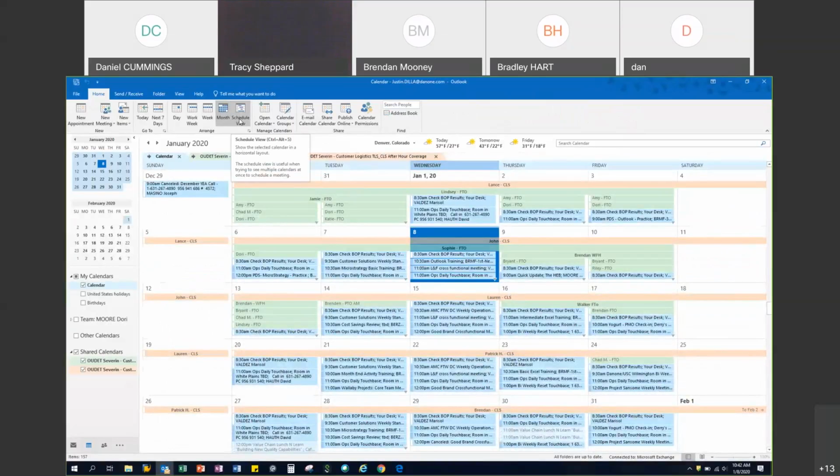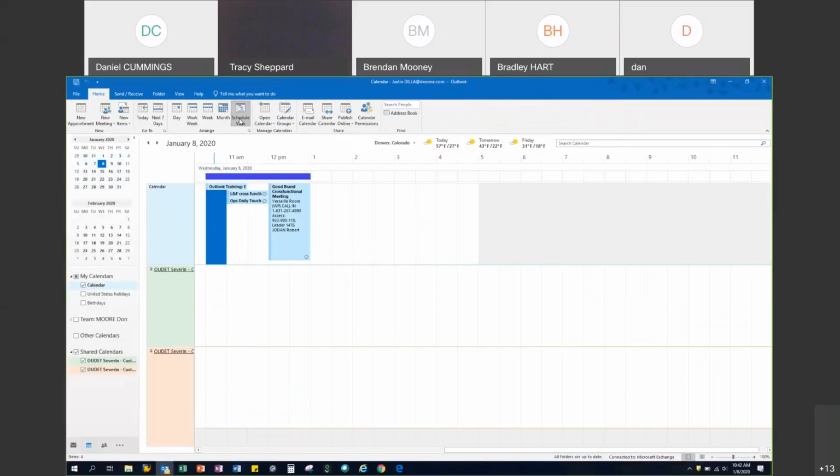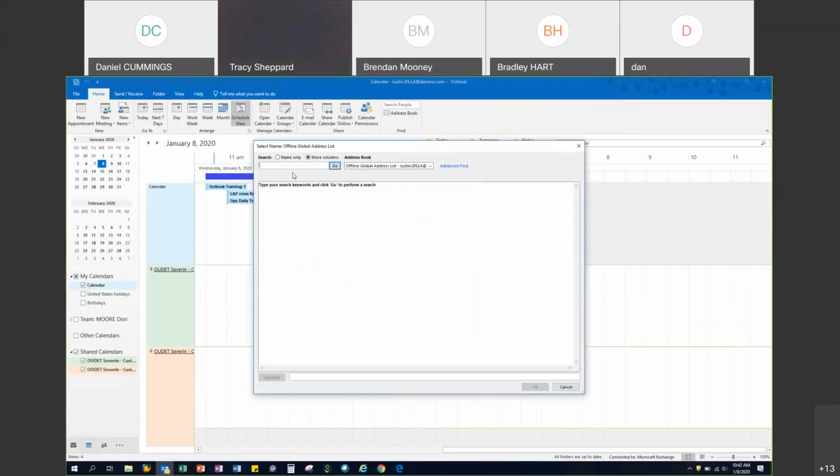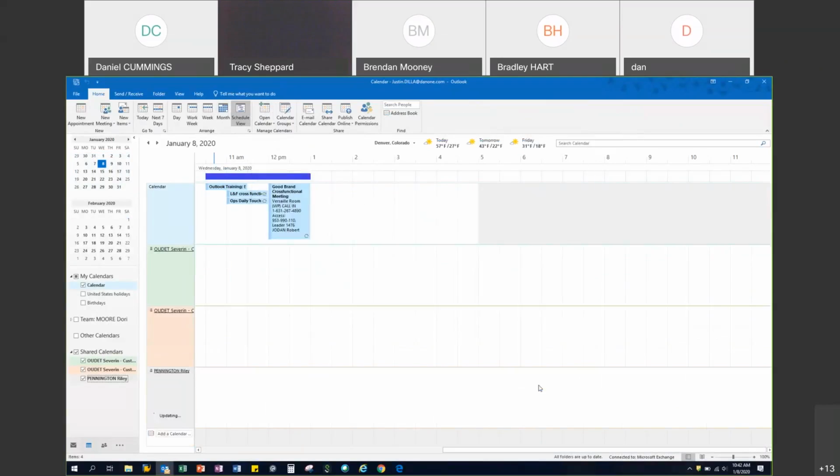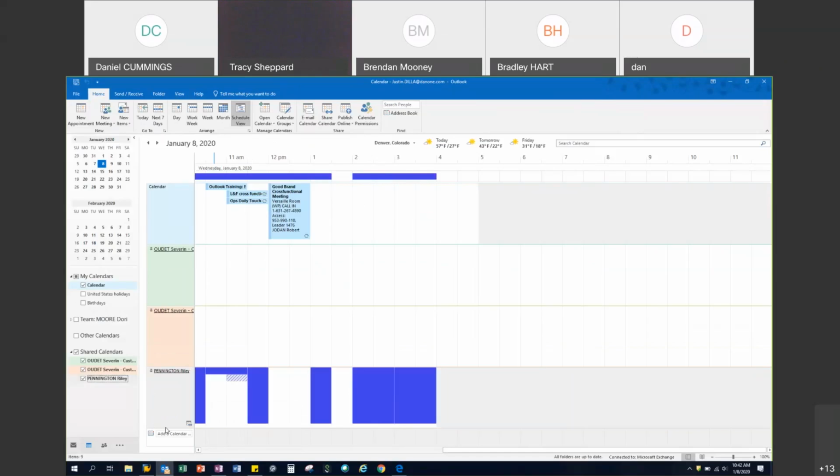It's also helpful to look at it in schedule view if you're trying to schedule a meeting or check somebody's availability. You can also open somebody else's calendar by selecting Open Calendar from Address Book, typing in your contact, and selecting,